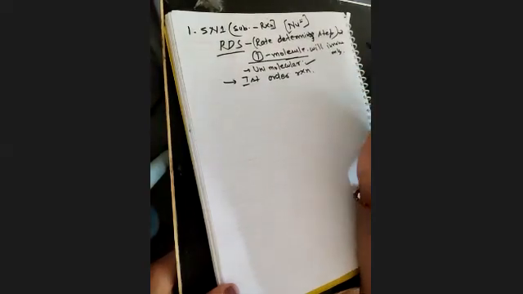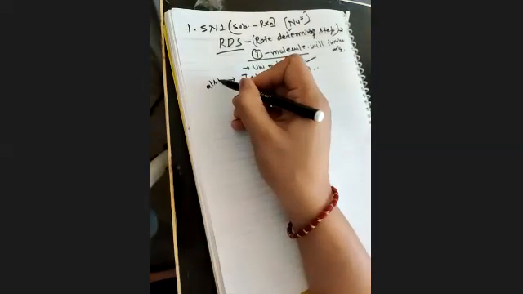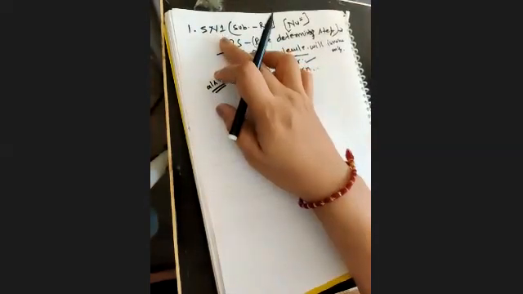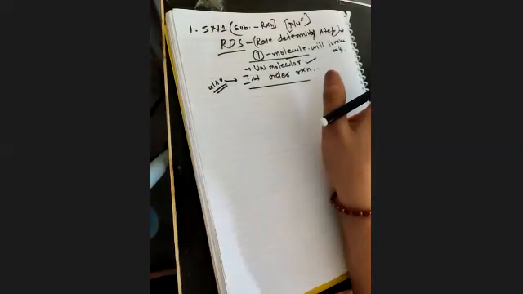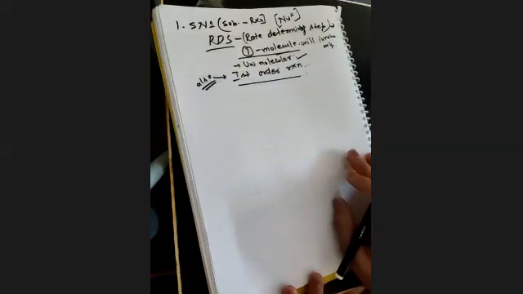Okay, so when one molecule is involved, that will be a unimolecular step, and that is why this is known as a first order type of reaction. So SN1 type of reactions are generally first order reactions. We have studied order of reaction in 11th, na? So these are also known as first order reactions.